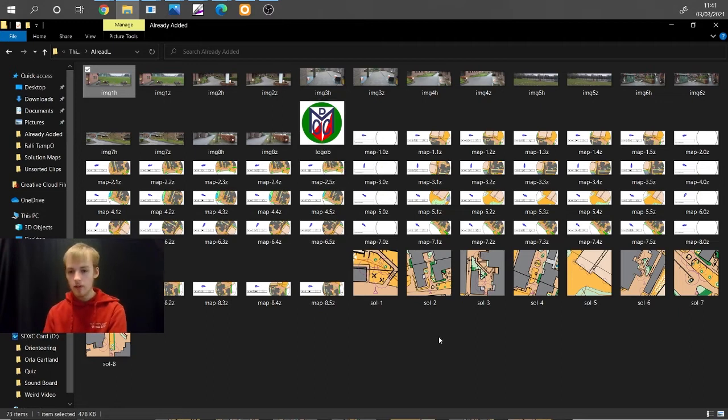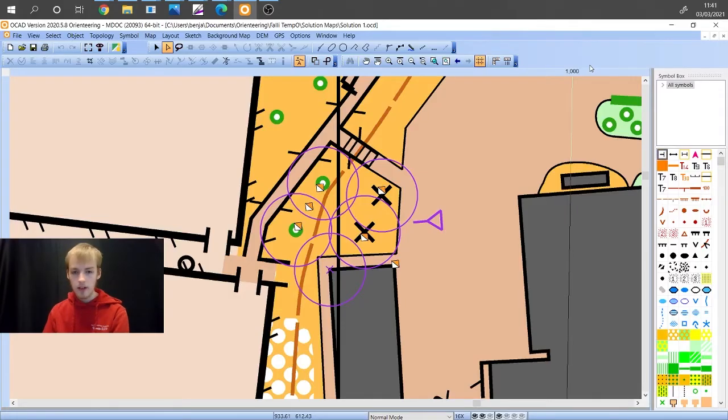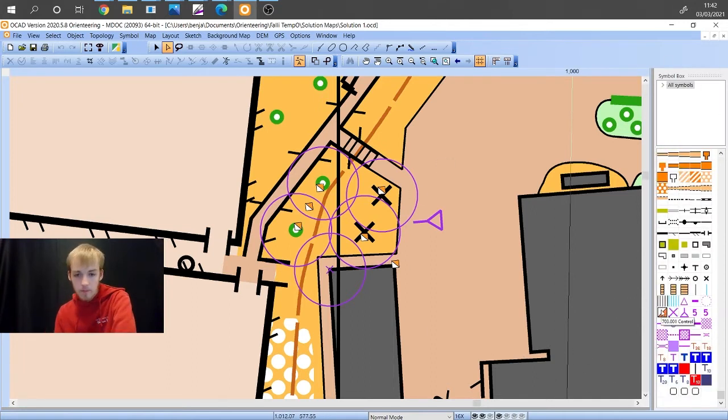And then finally it was to work on the solutions, and this was definitely the bit that took the most work, and this involved loading the map in OCAD. Now you don't have to use OCAD, it's just my map file was in here, and what I did is, if we scroll down to the right hand side, I created a symbol set for the solutions with the controls, a viewing angle, and also zeros with the X's,